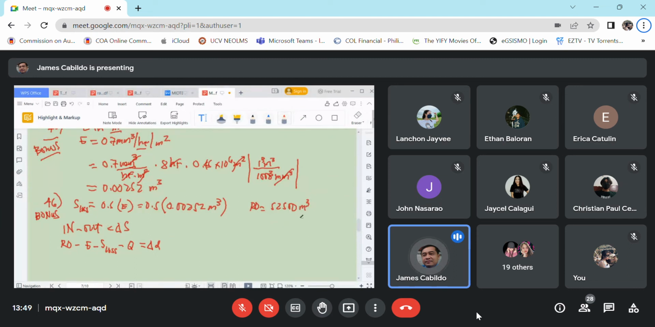Cubic meters divided by the area of the watershed, 10.5 square kilometers, so times 10 to the 6 square meters. Okay? But this one is in mm. So cancel na yung square meter sa meter. So i-convert natin, gawin natin mm, times 1,000 mm per meter. Alright, para cancel yung meter. So this becomes now, ang RO natin ay,